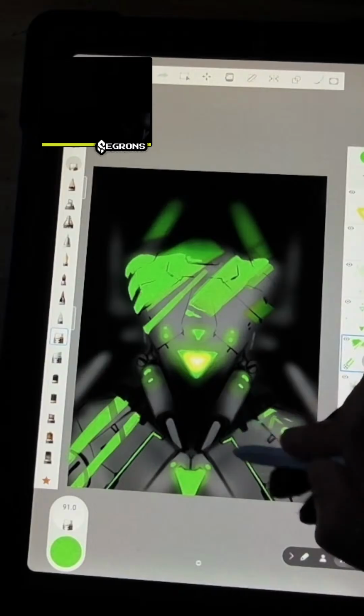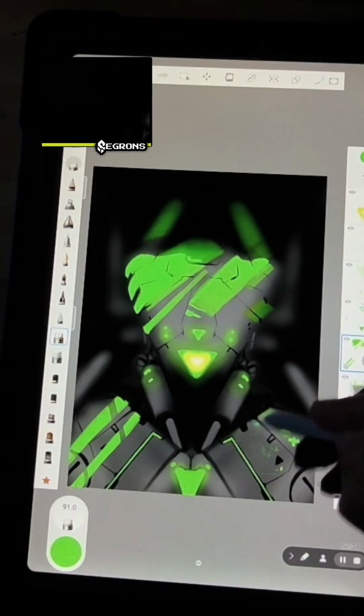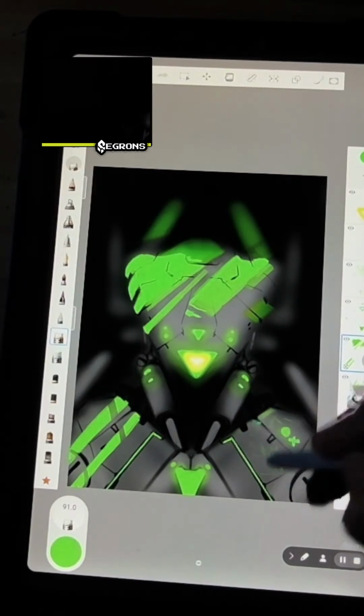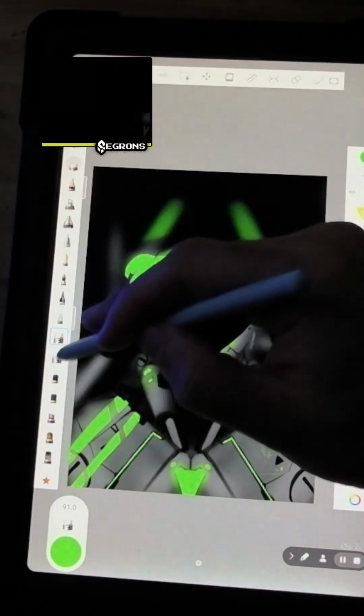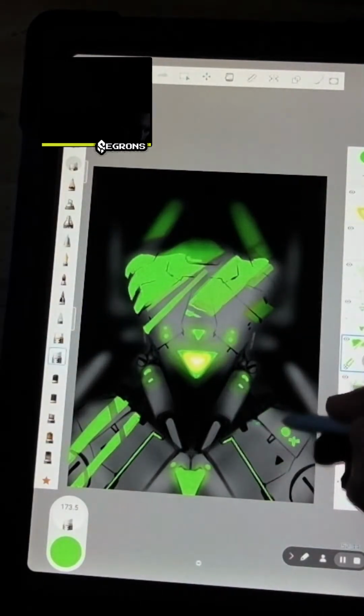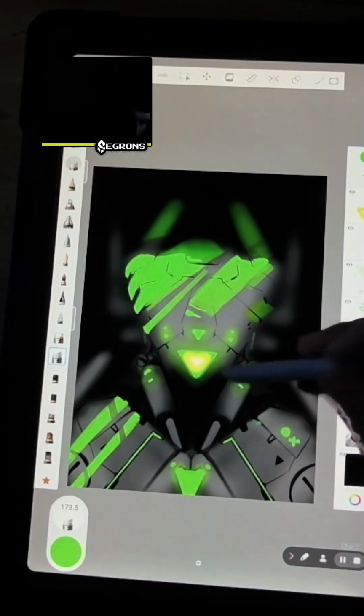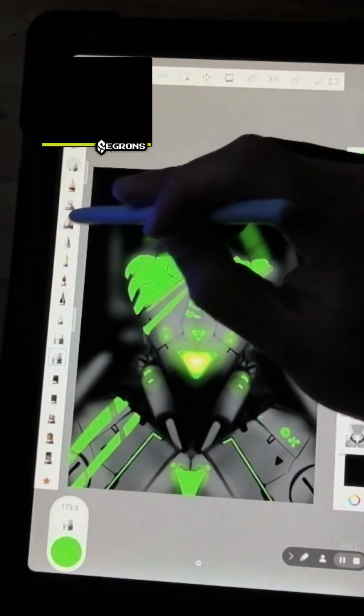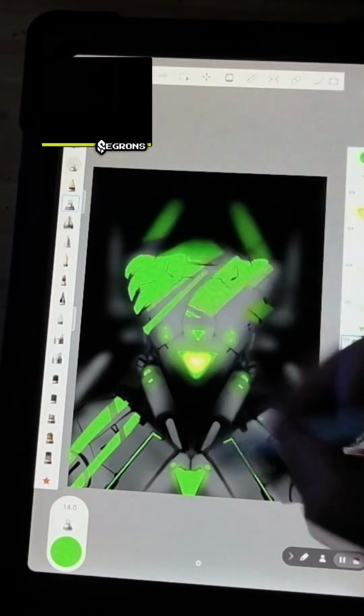I don't know about that. Just erase that. I do like that. Let's go for this and